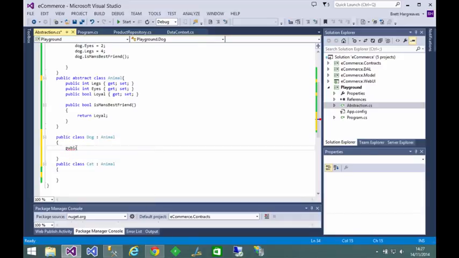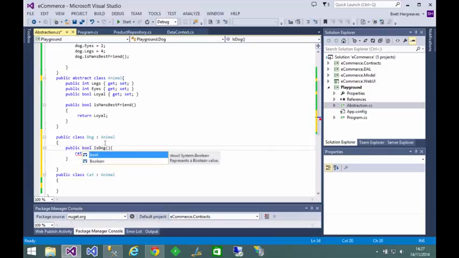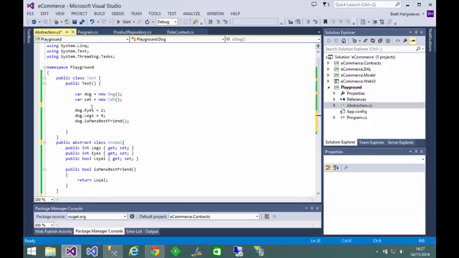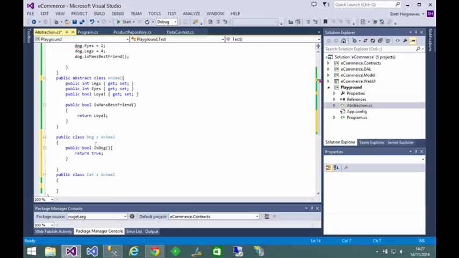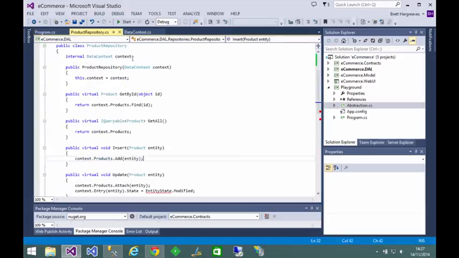methods. So if we add another method in here, isDog, which returns true, you can see that although dog now has the isDog method, cat does not. So that's the basics of abstraction, and by using this principle we're going to simplify our repository